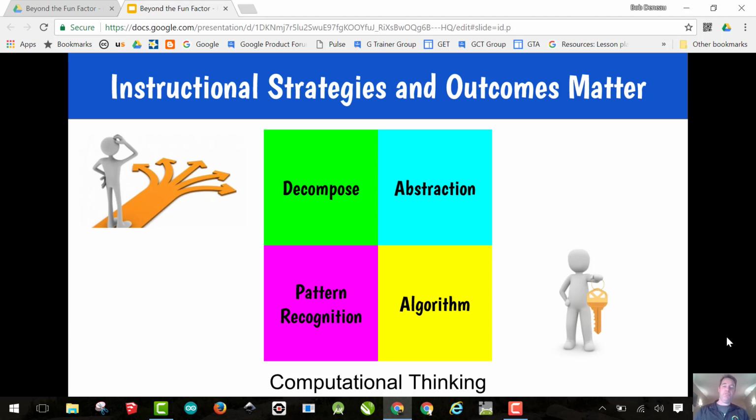Then you get to what's called abstraction. This is the one that I think I struggle with the most, trying to explain this and also understand it. It's basically taking those patterns and stripping out the details and just giving you almost like a summary. You're really trying to create a general rule, and many times that general rule is something that can then be applied